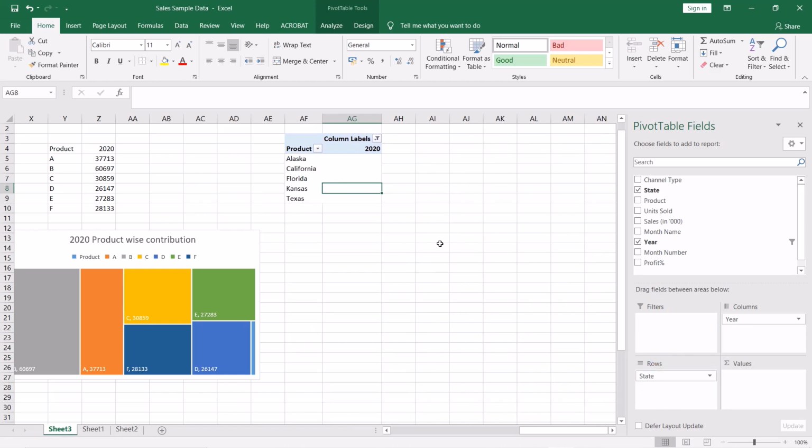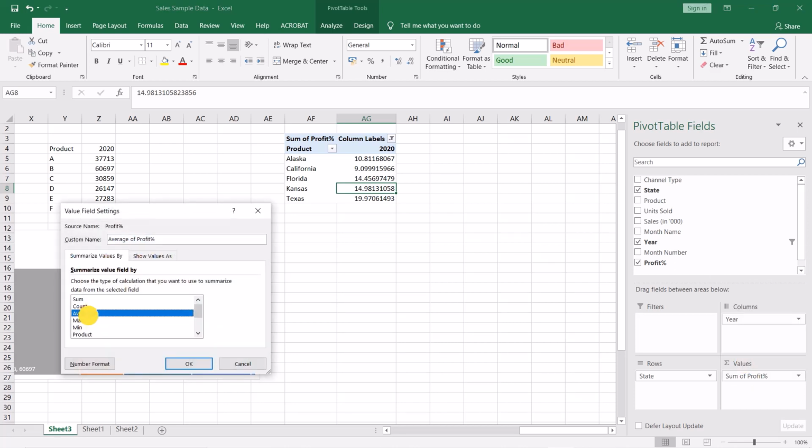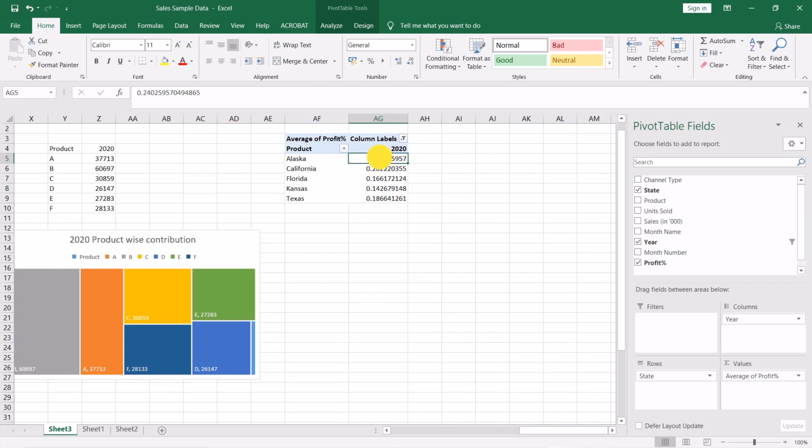Let's check the profitability state wise as well as product wise. You can take the average from here. Convert it to percentage.